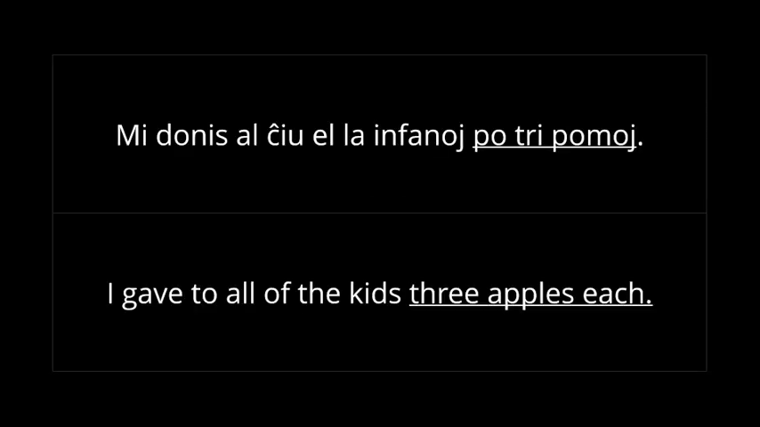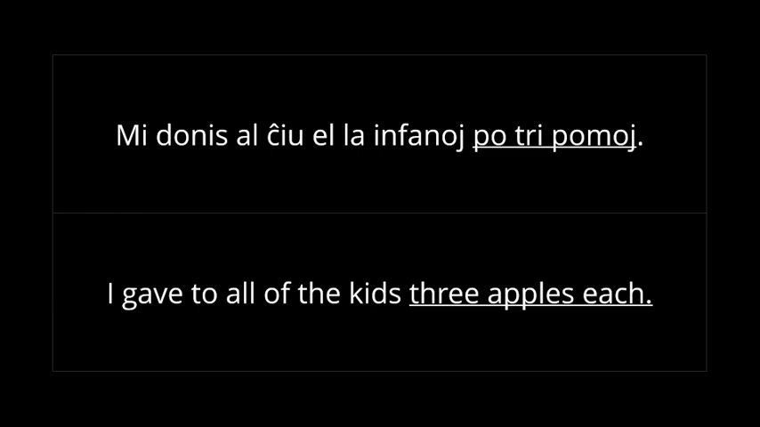Po. Po is a preposition that's used with numbers to distribute things. It's sort of like per or each in English. Here's a couple of examples of it being used. Mi donis al ĉiu el la infanoj po tri pomoj. I gave to all of the kids